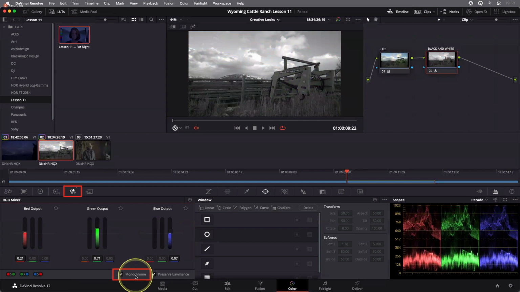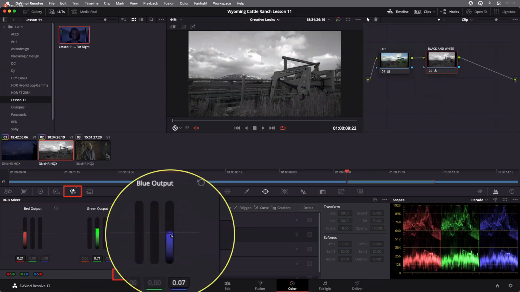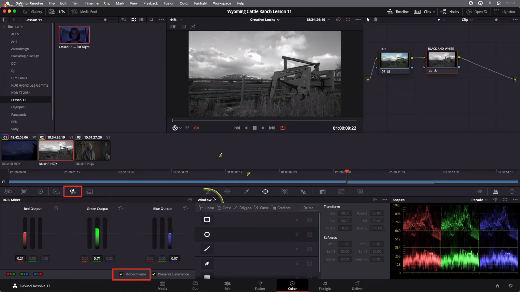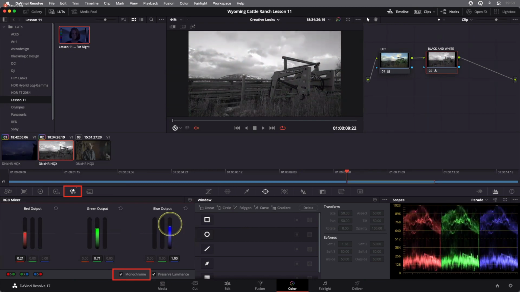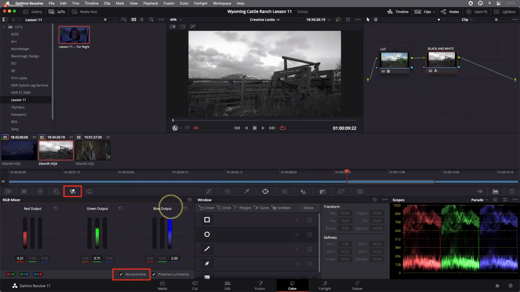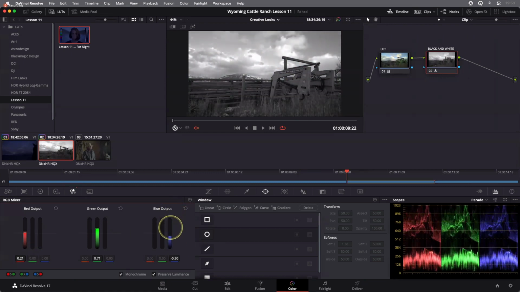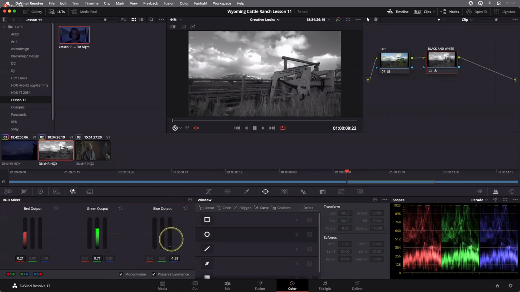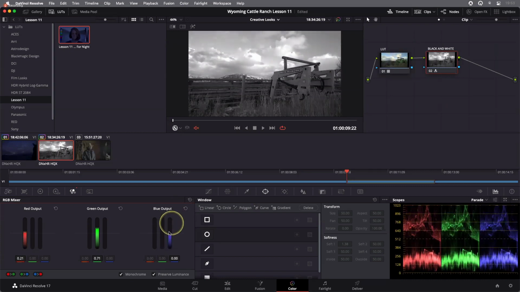But we've still got access to the red, green, and blue input channels. And these can actually have a marked effect on the overall result of our monochrome. So here, for example, if I increase the blue output, watch the sky. Can you see the sky becomes much brighter because the blue output has been increased? If I decrease that, then the sky becomes darker. So I've still got a little bit of grading control even within this